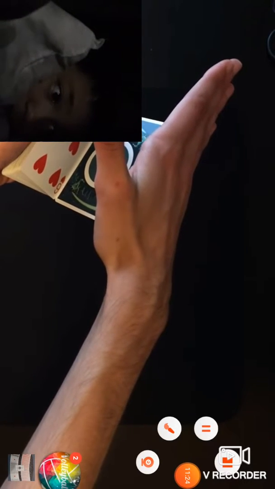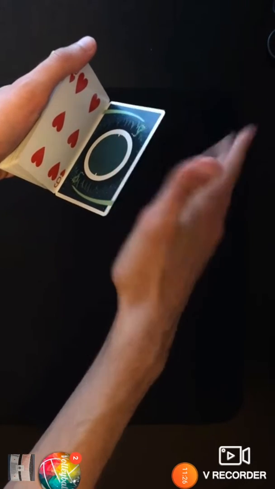And then when you turn your body, you're going to be taking the bottom card and placing it into a clip position into your right hand, just like this. So it looks invisible to the spectator, but in reality, you're holding the card just like this. And they're going to place the card here on top of these fingers. You're just going to balance it like this, and then you're going to place your hand over the cards, and then you're going to go 1, 2, 3, and your thumb's going to close, and your